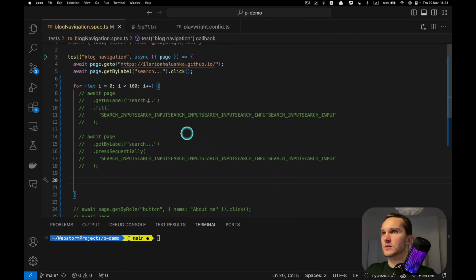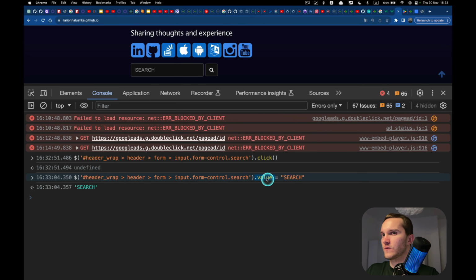It's pretty much similar to what this method does, fill. This one inserts the text into the input, and this one also inserts text in the input, but it's not using the Chrome DevTools protocol. So they are a little bit different.